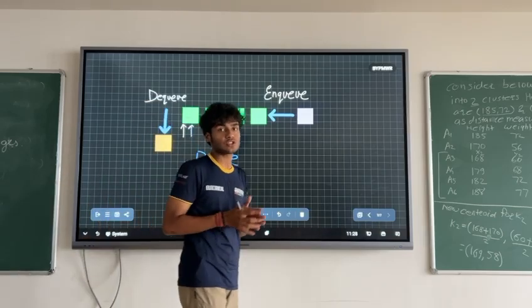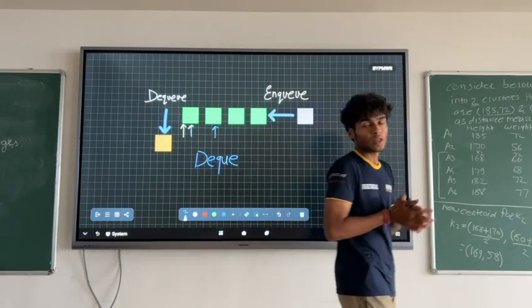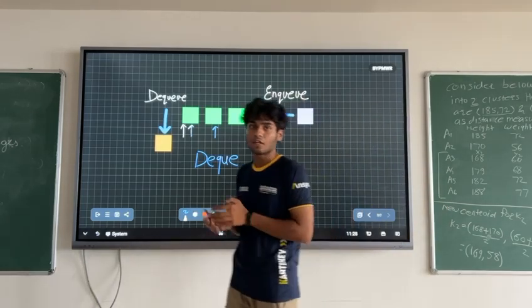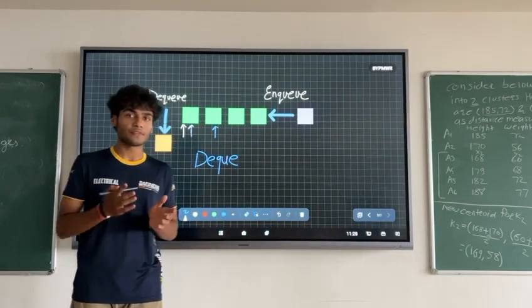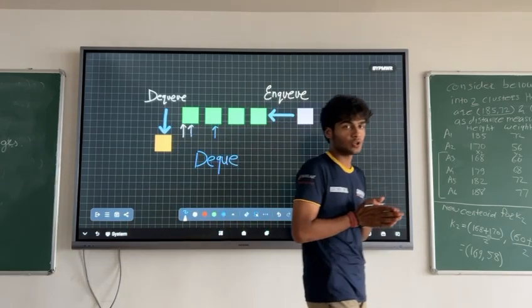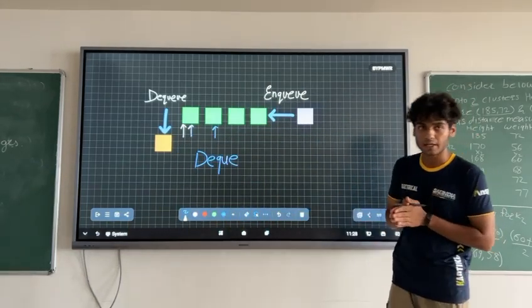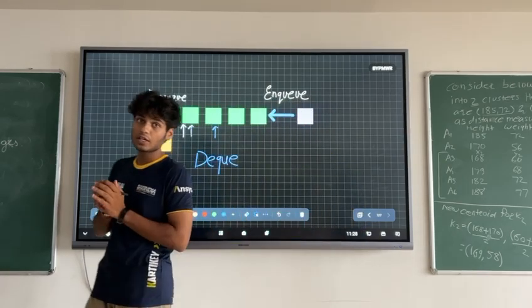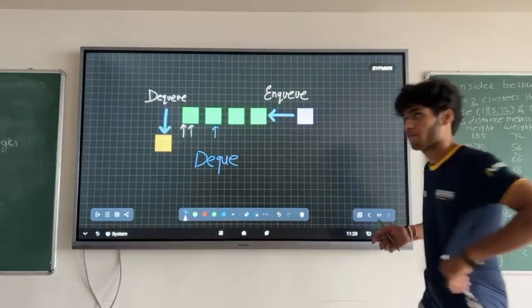Now we will see some real life examples or implementations of queue. Queue can be used for managing print jobs in printing systems. The first thing we send for printing is the first thing that comes out of the printer. Second implementation or use of queue is in network management and in breadth first search in graphs, which we will see in our further lectures of graph.